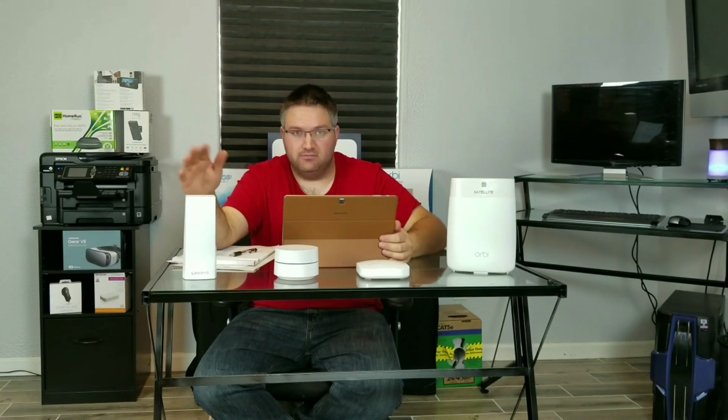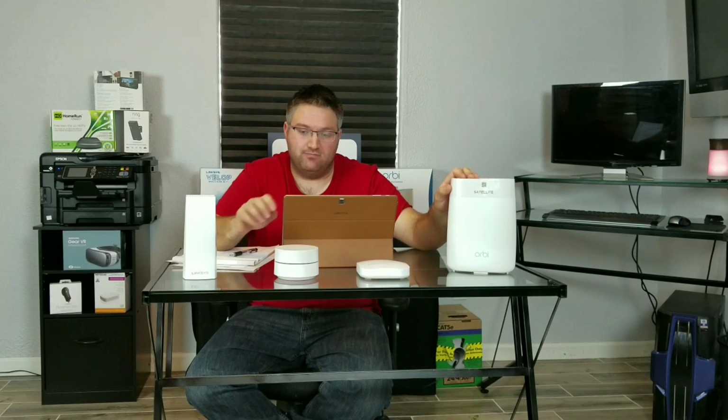Linksys has really outdone themselves on that 3-year warranty, so that is a big selling point for me. Now, if you get the Orbi system through Costco, it has a 1-year manufacturer warranty, but then if you buy it through Costco, you get the additional 12 months, so that gives you 2 years warranty. Then I have a Costco credit card, so I purchased it on that, and I get another 2 years. So I have a total of 4 years of warranty on the Orbi system,